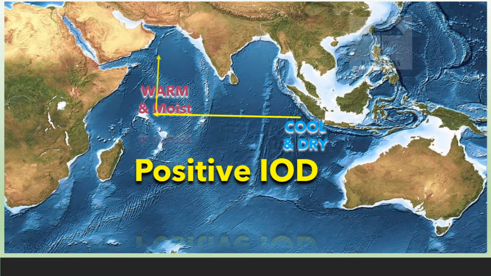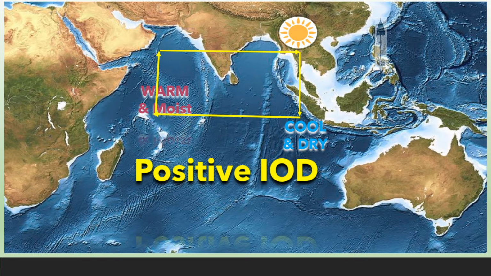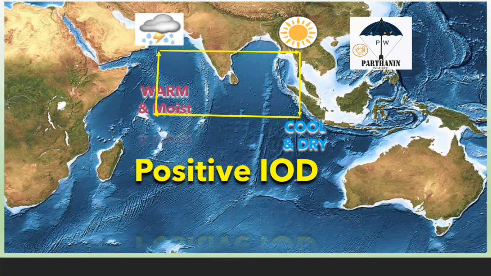Then after reaching the West Indian Ocean, air ascends, meaning rising in altitude, and reaches the upper troposphere. After reaching the upper troposphere, it again becomes westerlies, then comes back to the East Indian Ocean. Once reaching the East Indian Ocean, again it descends down to the surface. So again, it's like a circulation. The result is dry air over the East Indian Ocean region and a moisture filled atmosphere over the West Indian Ocean.